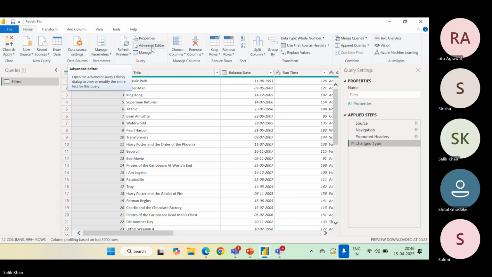Okay. Then we have the choose column option, which helps you to select particular columns. Okay. Then we have a remove column option and remove rows option, for whichever columns or rows you want to remove from the data set. Okay. Then we have the splitting columns option, which will split the columns into multiple parts. Okay. Then we have the group by option to aggregate the data. Okay, and then we have options to merge or append queries. Okay, so these are two different things, and we will discuss these two in much detail. What are merge queries and append queries? Okay, so